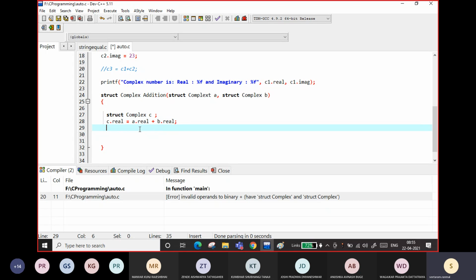In this way we are doing the addition, right? Again C dot imaginary equal to A dot imaginary plus B dot imaginary, right?